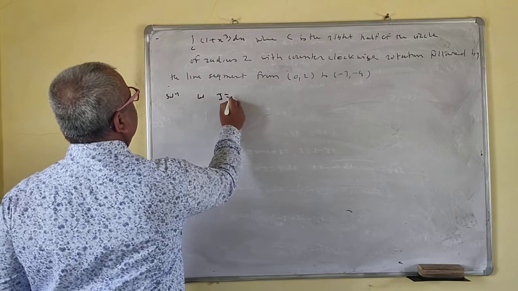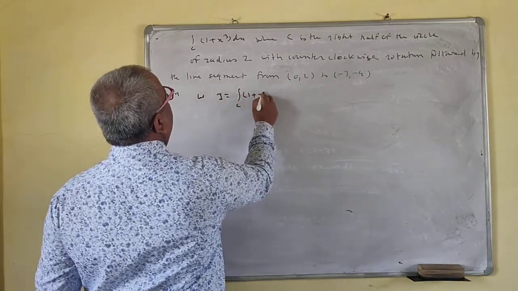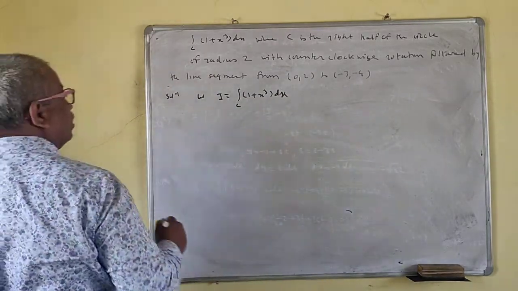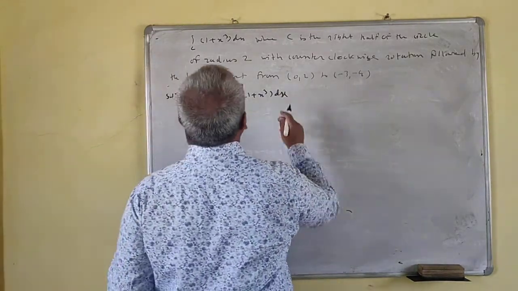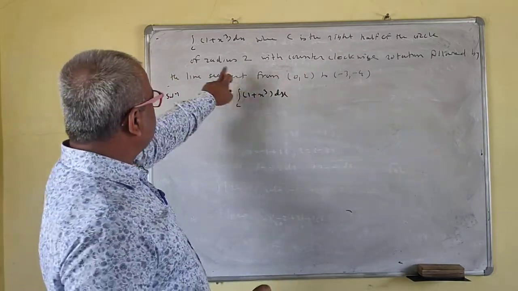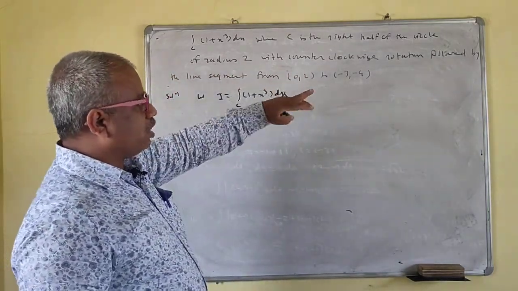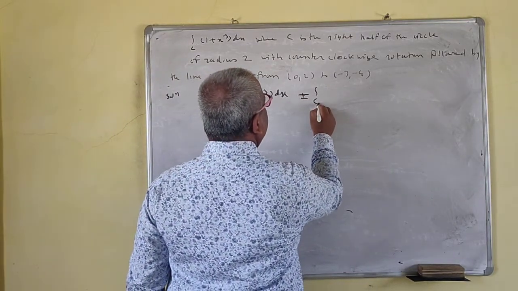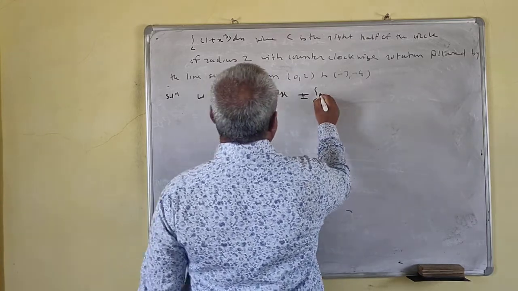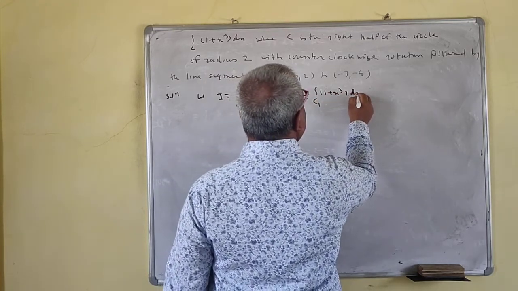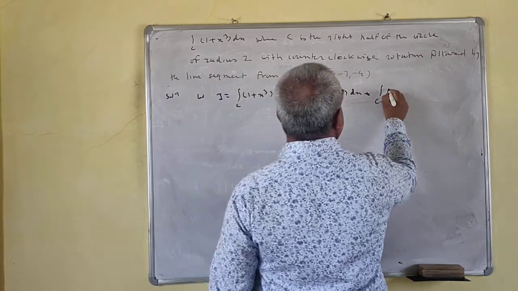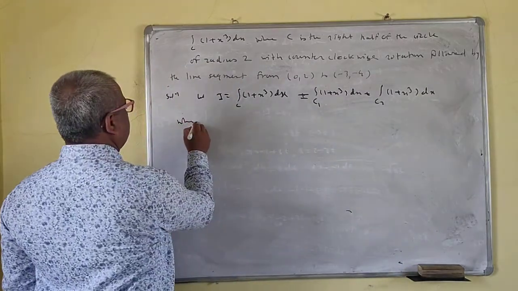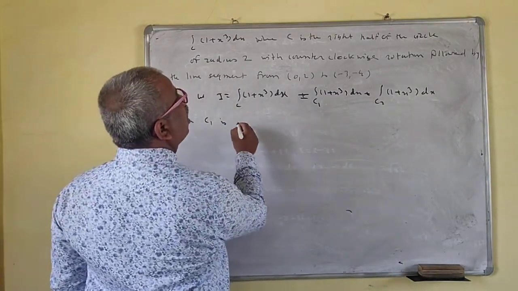Let I is equal to integral over c of 1 plus x cube dx. Yes, it is dx. So this is what? First c is what? Right half of the circle of radius 2 with counterclockwise rotation, and followed by this. So this is c1 plus c2. This is equal to integration over c1 of 1 plus x cube dx plus integral over c2 of 1 plus x cube dx, where c1 is half of the circle